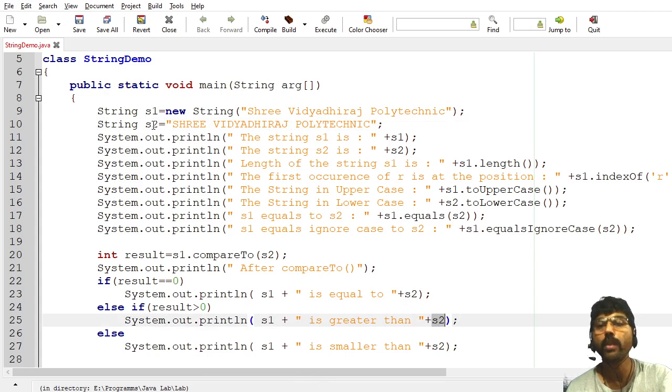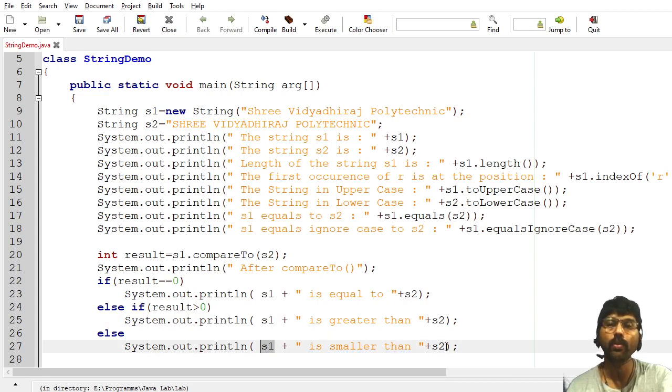If you just reverse it, S1 is capital letters and S2 is small letters, then the same statement gives a negative value. The result becomes negative. In that case, it will display S1 is smaller than S2. If S1 becomes S2 and S2 becomes S1, then it will display S1 is smaller than S2.